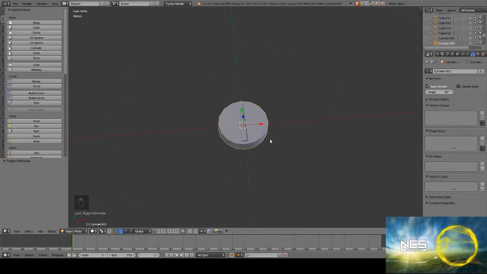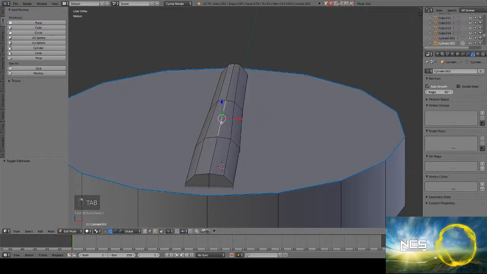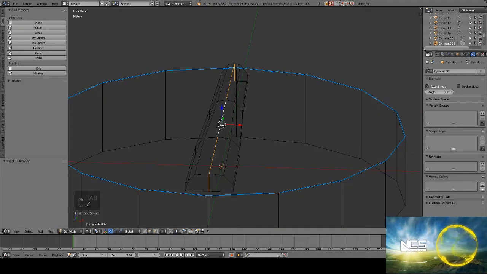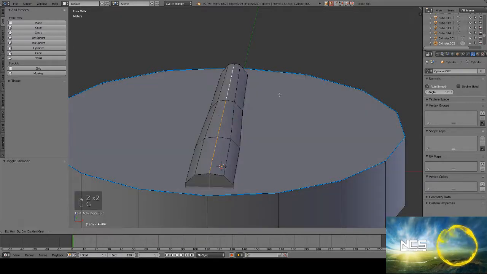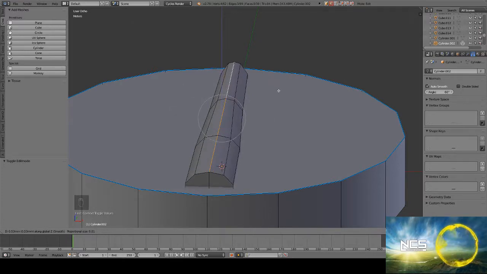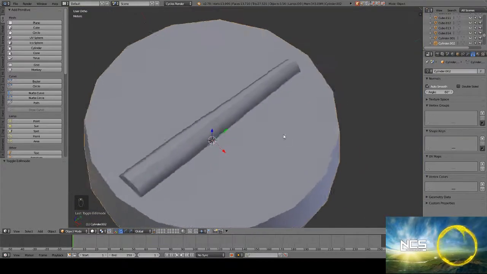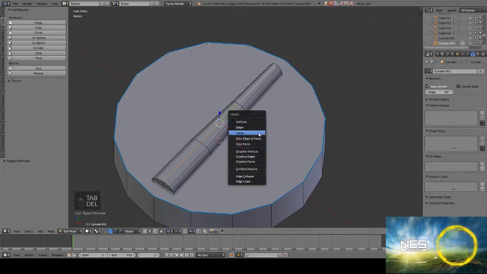I still don't like it. Proportional. Oh, maybe if I